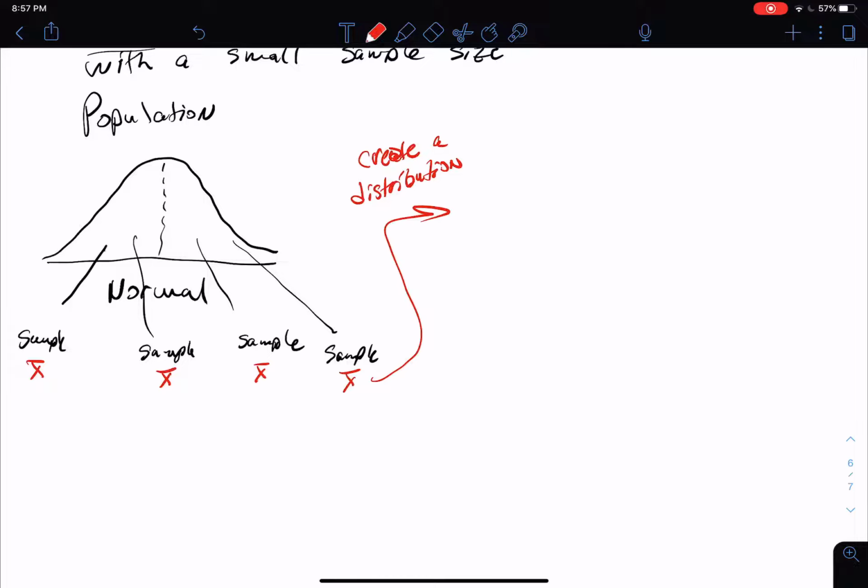And it will be normal. Why will it be normal? Because it came from a normal population. So when you start stacking these sample means up, this is a histogram, basically a super dense histogram. And when you start stacking up this data, you're going to find out that it creates